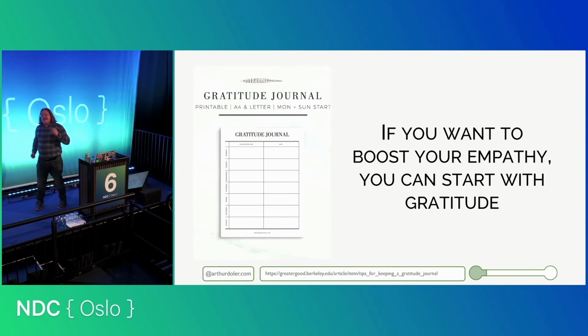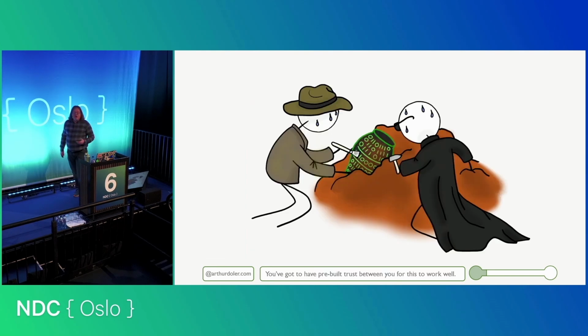If you want to get better at empathy, a quick way to do it, well, not quick, but an easy way to do it, is starting with gratitude. Gratitude journaling, which is a real simple thing of just taking something every morning and writing down something you're grateful for from the day before. Sounds dumb, has huge benefits. A lot of things for the brain work like that. This can help you be more gracious, which helps make you more empathetic. You can also try doing your archaeology with other people in a paired setting and help keep each other accountable to being curious and to being empathetic.